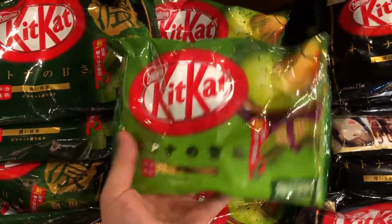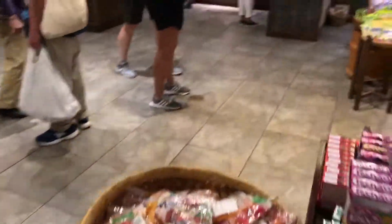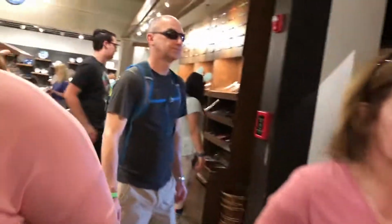And of course the famous, I believe this is the green tea Kit Kat, which is very popular. So people really do enjoy that. And then of course Hi-Chew and stuff like that. Not as unique, but still, they've got it here if you want it. And sake, and then actually a little sake bar in the back. And then if we exit from the sake bar and continue this way here,